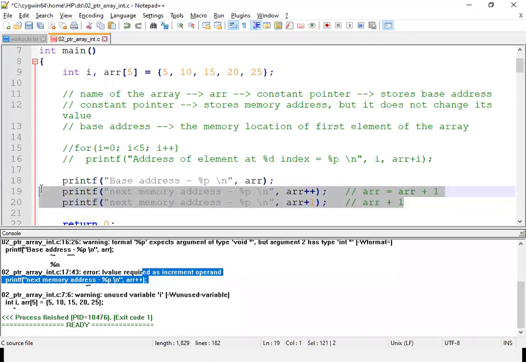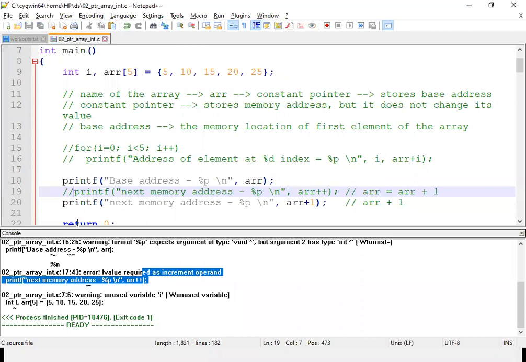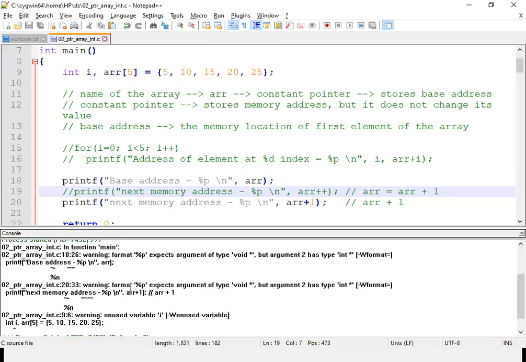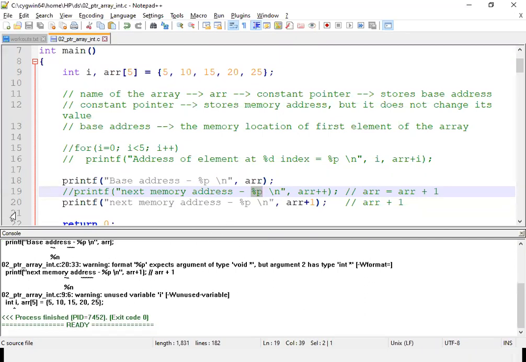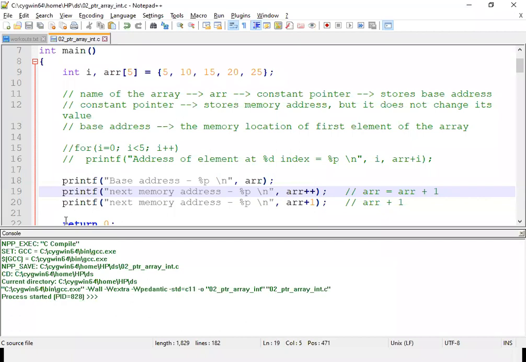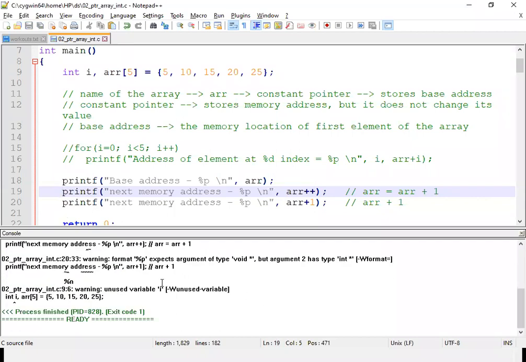If you know the concept of what a constant is and what a pointer is, then this will be very easy for you to understand. Did you understand the difference between these two lines? Yes, sir. The first one will give the syntax error, whereas the second one will not. Now, suppose if I comment this one and then compile, I don't get the error here. These warnings are related to this P that you can exclude. But if I remove this particular comment and try to compile the program, I will definitely get an error here.